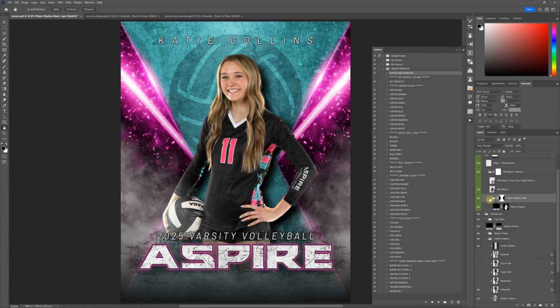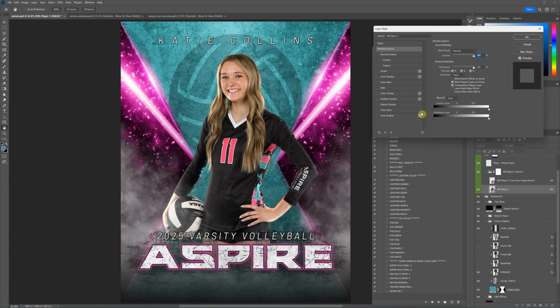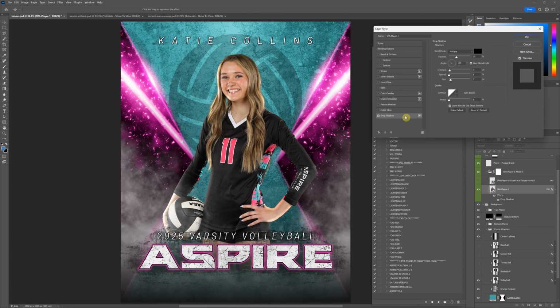And that's the reason why I didn't put the drop shadow in the layer themselves. I could have instead, and you can too if you want actually, but you can go in and put a drop shadow right into your player layer here. And you would have to set your size and distance and spread and all that good stuff there. The size is actually the amount of the blur of the shadow. The names aren't really intuitive, but